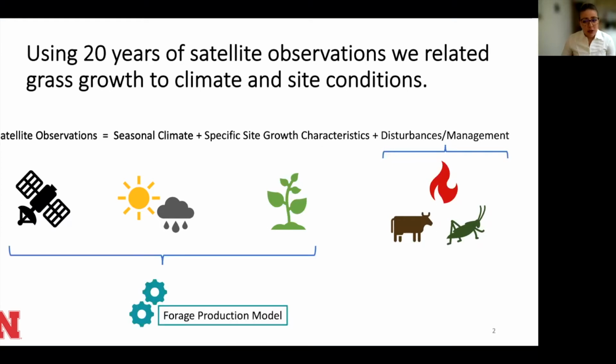What we did is that we took the satellite observations that represent the annual grass growth and we put them in a statistical model where we relate its changes to changes in seasonal climate and to the specific site growth characteristics. So in other words, what the model can do is that you enter in the seasonal climate conditions and the specific site growth characteristics, and it gives you back how much annual forage you can expect at a specific